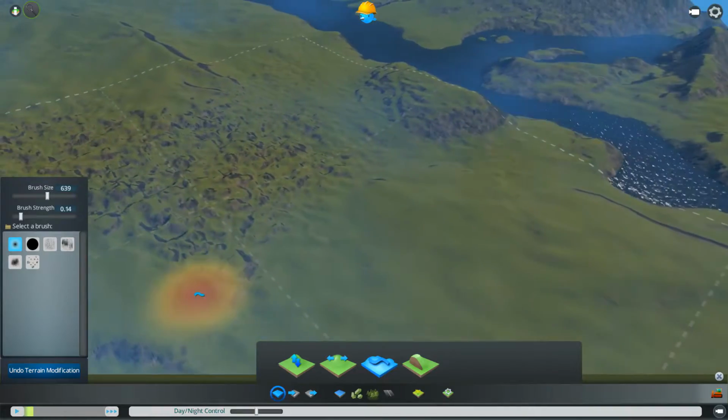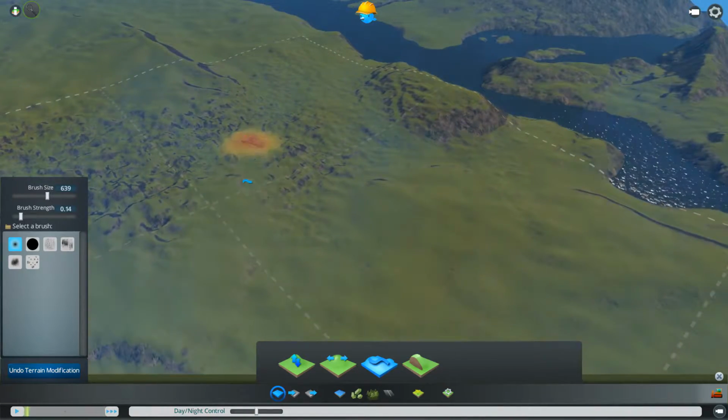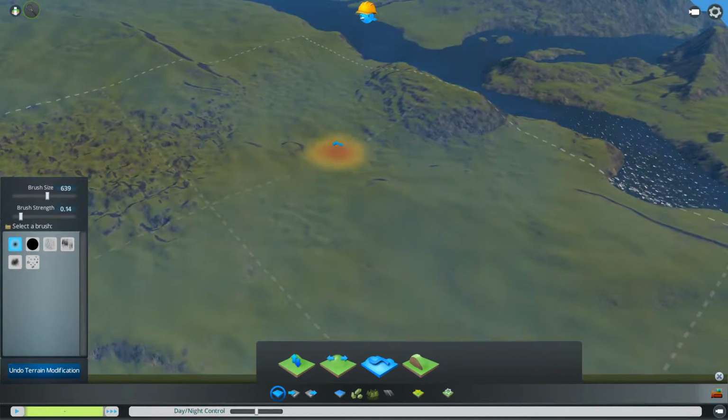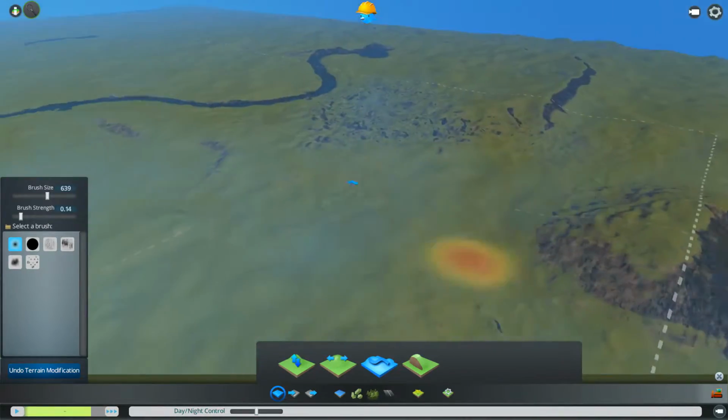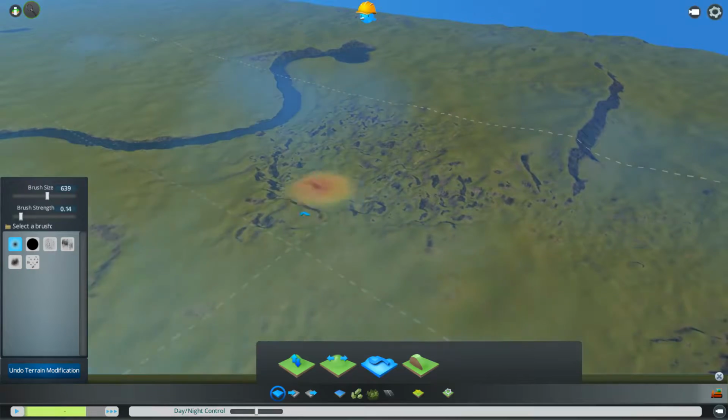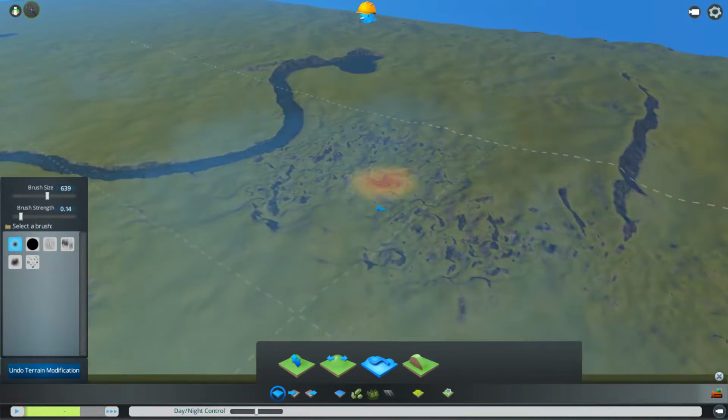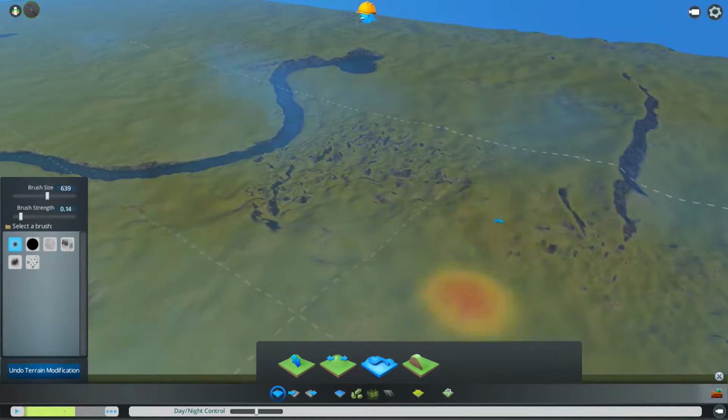As I say, there's going to be probably several hours of detailed work which I probably won't record. I can't see the point of recording, because hopefully you're getting the idea of what I'm trying to do, which is getting a flat playable area